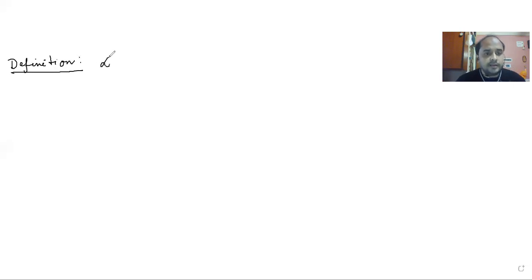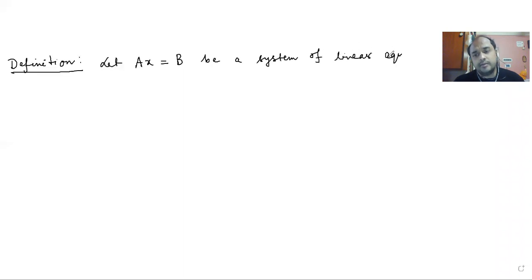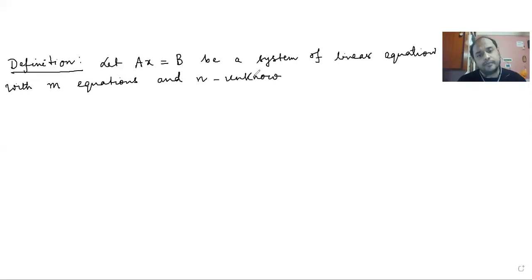Let capital A into X is equal to capital B be a system of linear equations with small m equations and small n unknowns, then